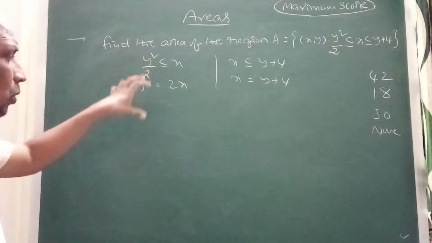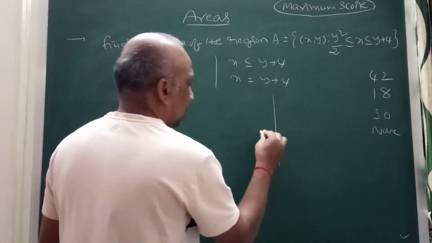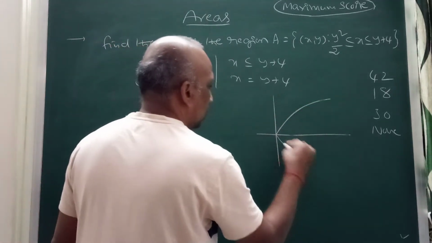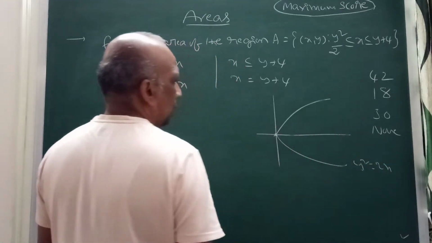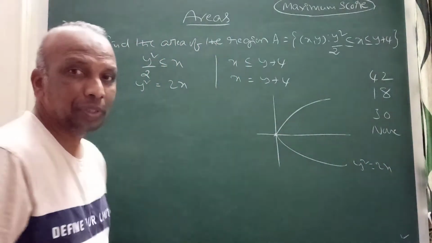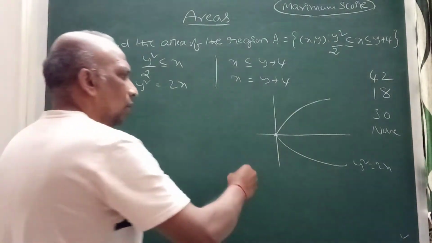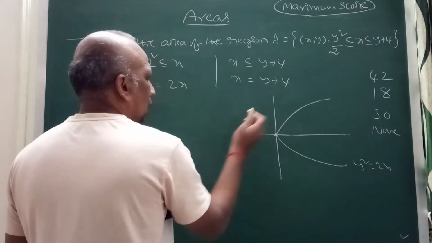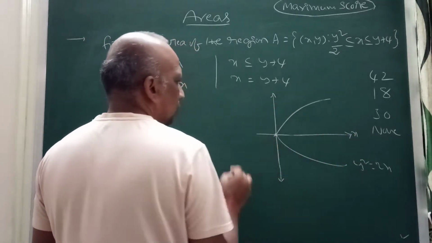Okay, so just look into this, we will find the point of intersection. We know the nature of the parabola. This one y square equal to 2x passing through origin. This is y square equal to 2x. Correct, passing through origin. We will solve these two equations, then we will understand the point of intersection. X equal to y plus 4. The line cuts both the axes. Then you can check what the point of intersection is. I will check the x axis, this one, right, origin.